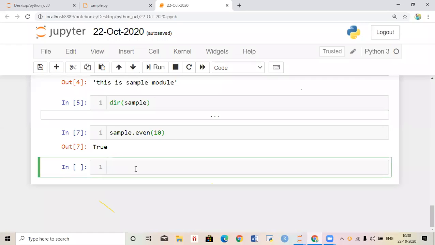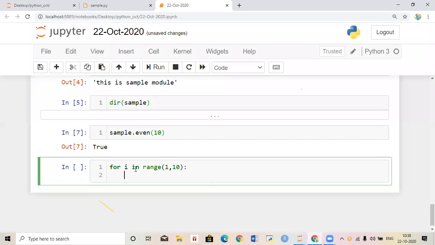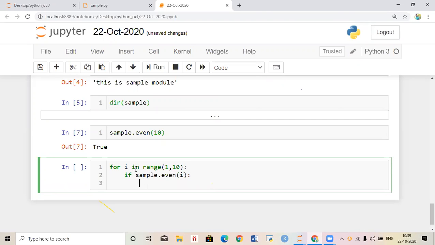Let us take a for loop: for i in range(1, 10), if sample.even(i), just print that one.